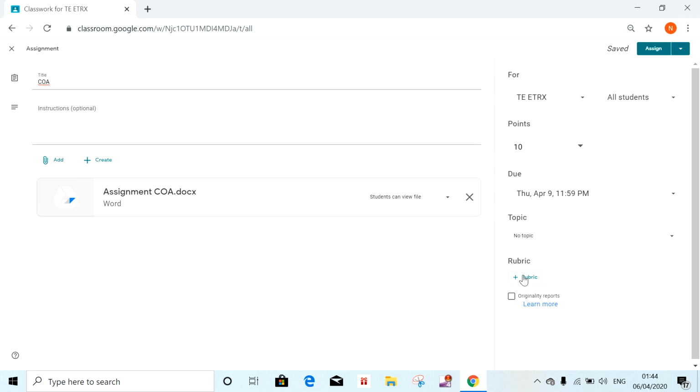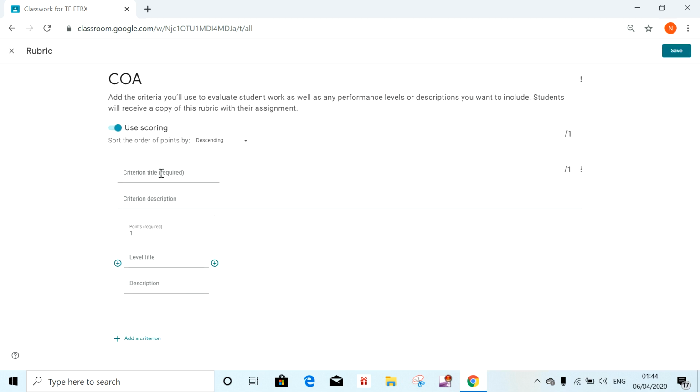Now for rubric, you can reuse a rubric or you can create one. I am using it for the first time, so I am creating a rubric. For example, I am taking on time submission.